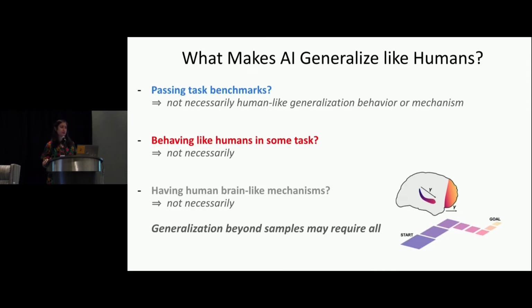So let's go back to what I showed you earlier. I hope I have convinced you somewhat or provided some evidence to support my claim that passing task benchmarks is not enough to have human-like behavior. That behaving like humans in some task doesn't mean that you can actually behave like humans on another task. For instance, for an AI agent, consider the fact that it could tell AI versus human behavior, but the same thing on two agents it couldn't. And that having human brain-like mechanisms doesn't necessarily lead to it, and I think this was from the examples I gave from CNNs, kind of jumped over it.